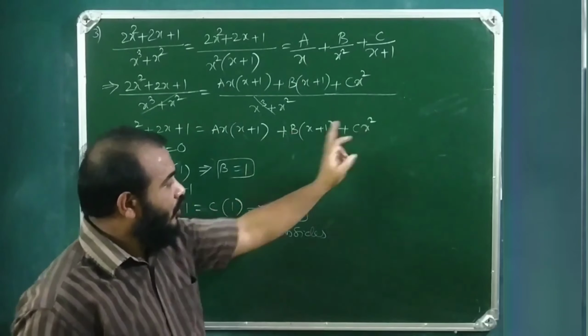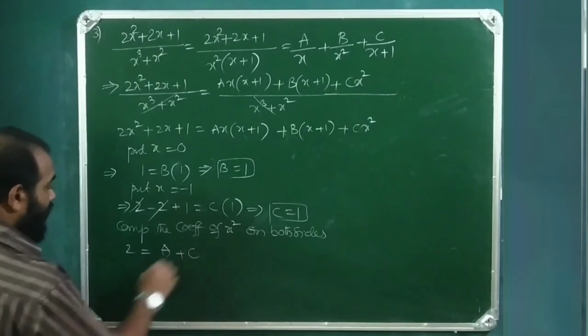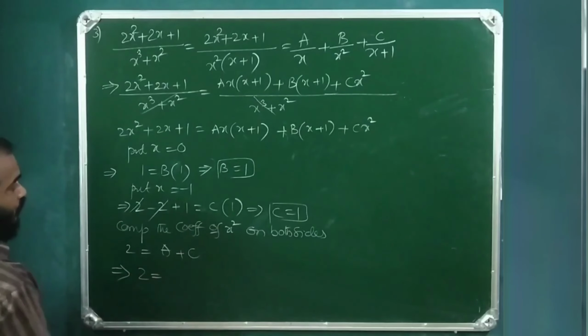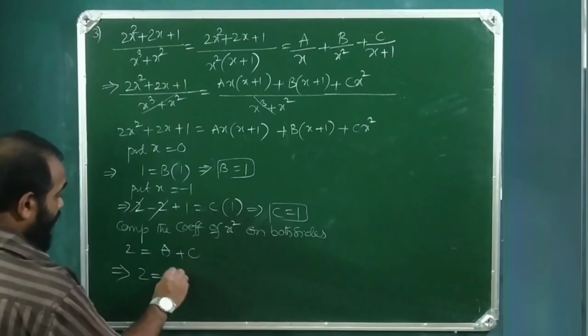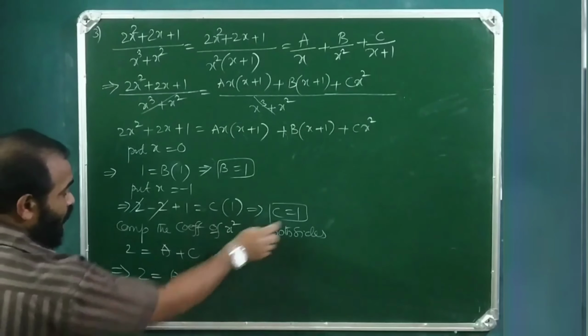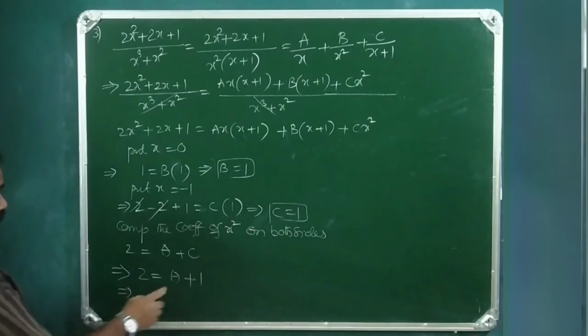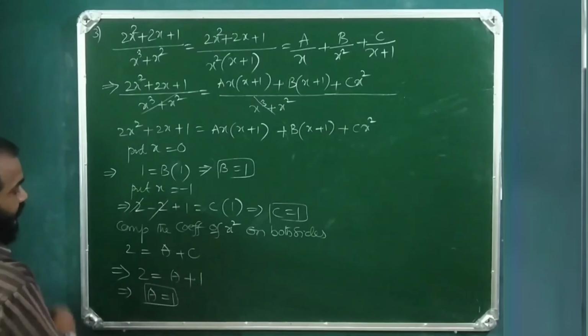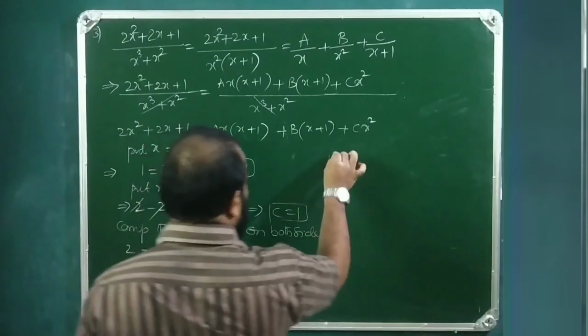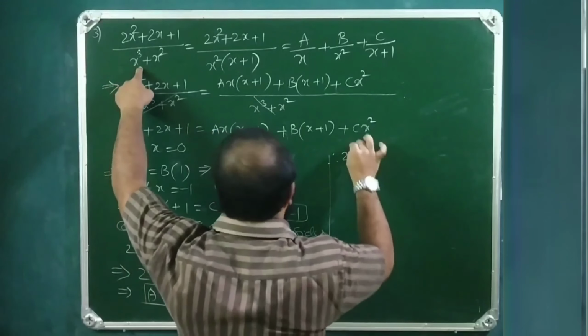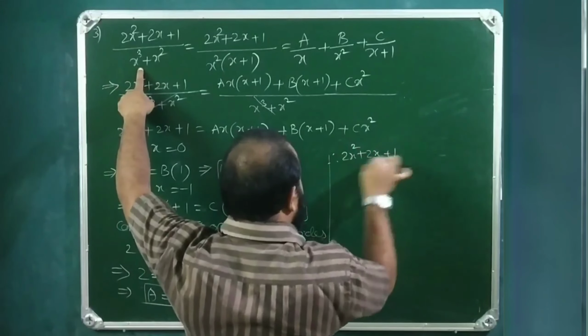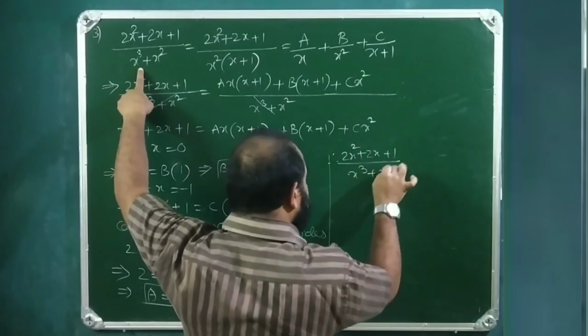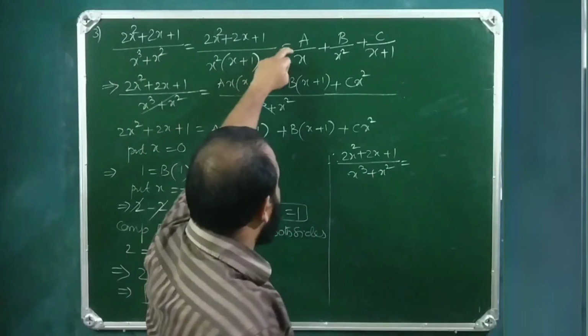So here x square coefficient is c. So 2 is equal to the value of a, which we don't know, plus c, whose value is 1. So 2 minus 1 is 1. So a is equal to 1. Therefore, given 2x square plus 2x plus 1 by x cube plus x square is equal to the value of a